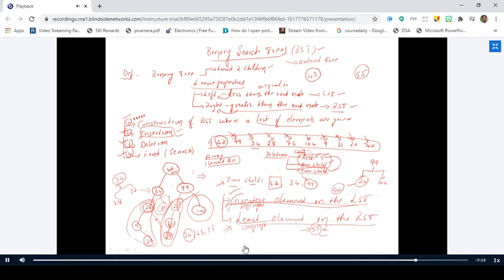Yes, sir. And the last operation is search operation. Very simple operation. For example, I want to search whether 37 is present in my list or not. So this is my search element. I always start any operation in the binary search tree from the root node only. So compare 37 with 40. Since it is less than, go to its left child. Compare 37 with 34. Since it is greater than, go to its right child. So 37 compared with 37, they are equal. So you will write a message that search is successful.